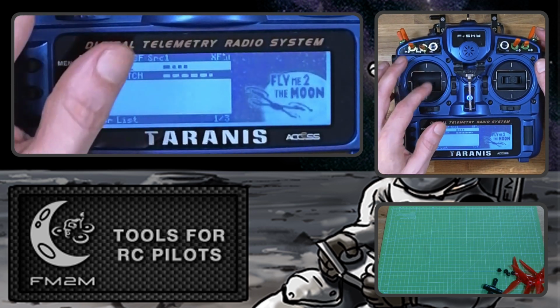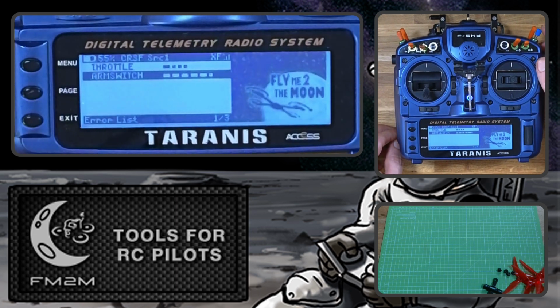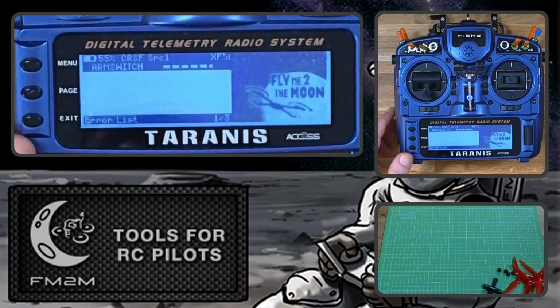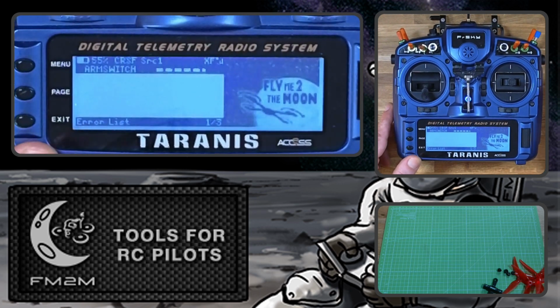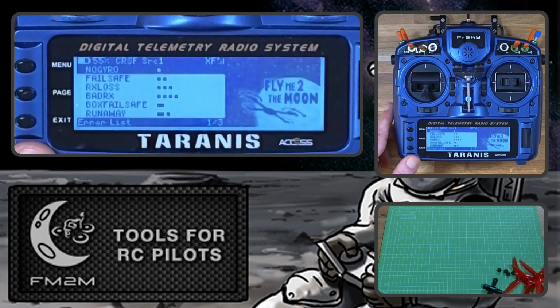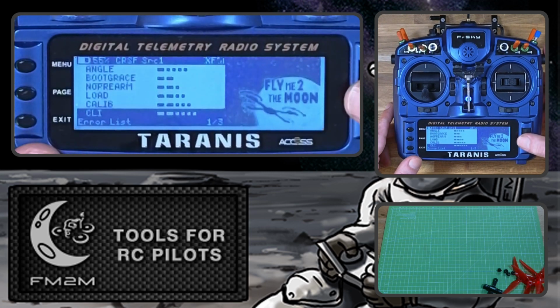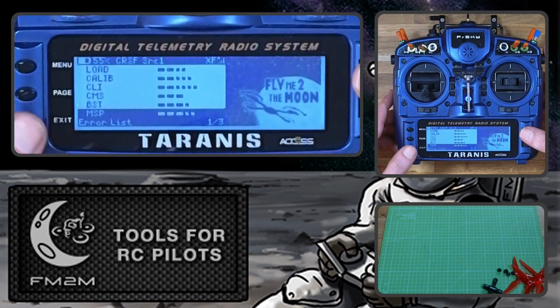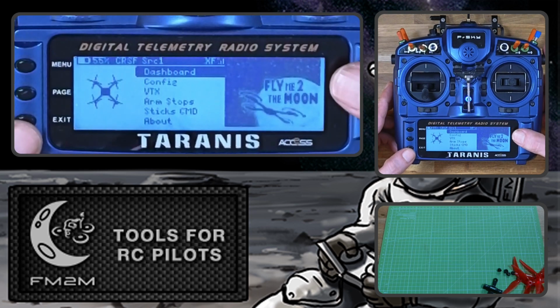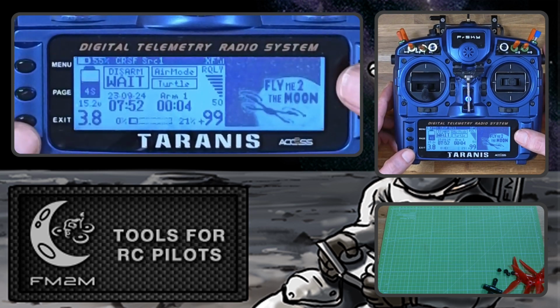Okay, so let's go and lower throttle. So there will be only arm switch. Okay, so my arm switch is in the wrong position. So let's switch off arm switch. And basically here you have more detailed view what is going on, right? All these errors are listed over there. Okay, let's go back to dashboard and check if our GPS